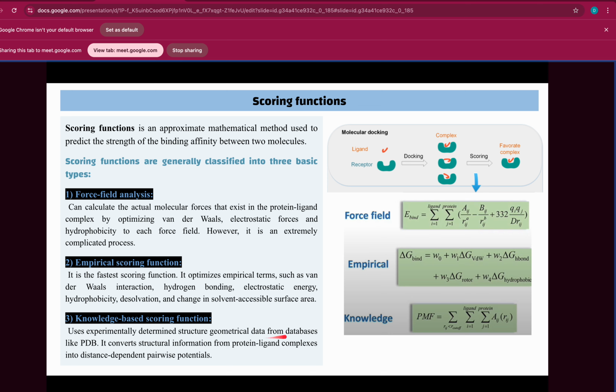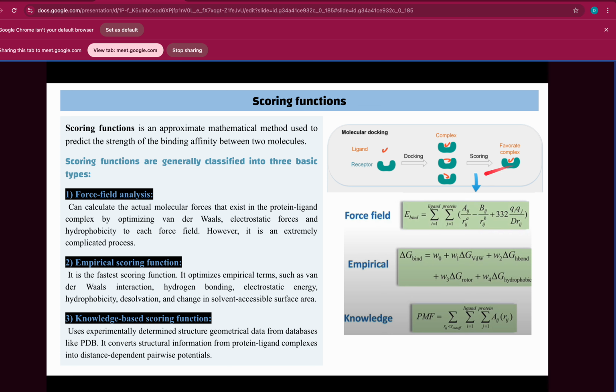In this case we take information of the structure, like from the PDB. So what is the distance? Because we have seen that if the distance between two atoms is small, if they are close to each other, then there will be some interaction present. And if two molecules or two atoms are lying away from each other, for example, if this particular ligand is away from the binding site, then that means the complex will not be strong. Whereas if the distance between both of them is less,